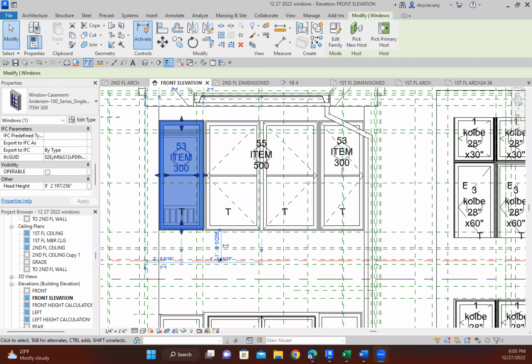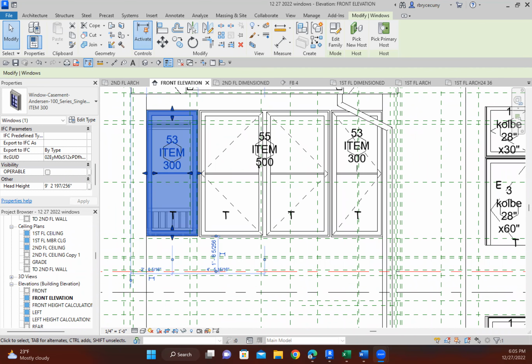I'm going around my project and putting in Andersen windows instead of Colby. We changed the windows to Andersen. I'm sure it's a budgetary thing. Still a lot of money for these windows, but that's not what I'm trying to show here. I put in the Andersen double hung. I'm sorry, it's a casement window, and it has one button in the middle, and that's all easy to do